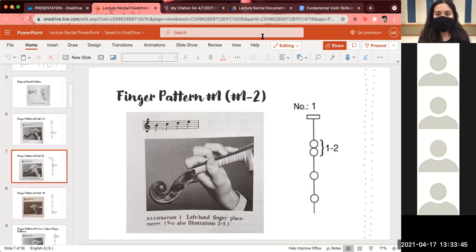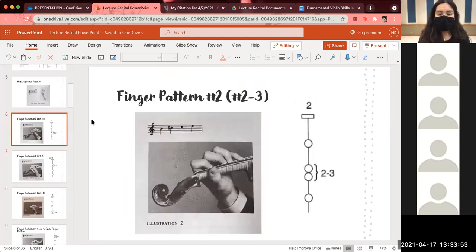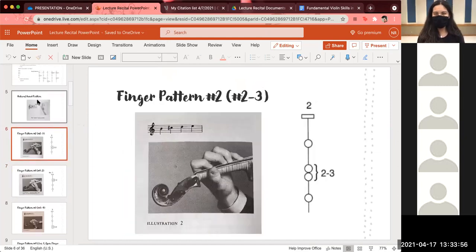The second finger pattern, excuse me, more people entered the waiting room. There we go. The second finger pattern is labeled, well, all of these finger patterns are labeled by the fingers that have the half steps. So in this second finger pattern, the fingers that have the half steps between them are the second and third. As you can see in the image, the notes that are played are B, C sharp, this time D, and